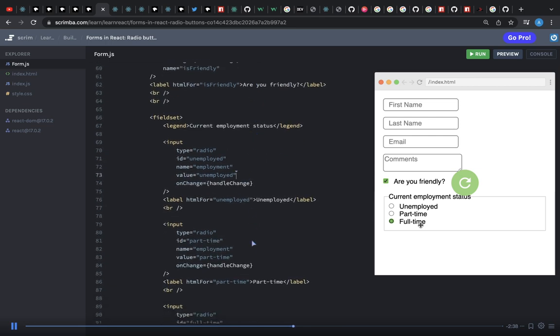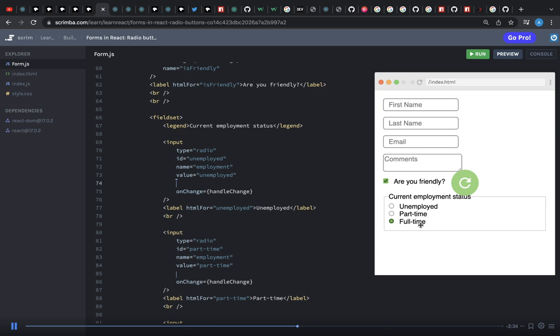However, if we try to do the exact same thing with our radio buttons, we're going to run into a little bug. We'll see that here. I'll say checked equals formData.employment. And when I click one of them, well, some weird stuff is happening. This is where radio buttons differ from checkboxes in that when we are controlling the checked property, we don't simply say checked equals formData.employment because, unlike a checkbox, this is not a Boolean value, but we can make it a Boolean value by checking if the formData.employment is equal to the value of this specific radio button. So I'll do the exact